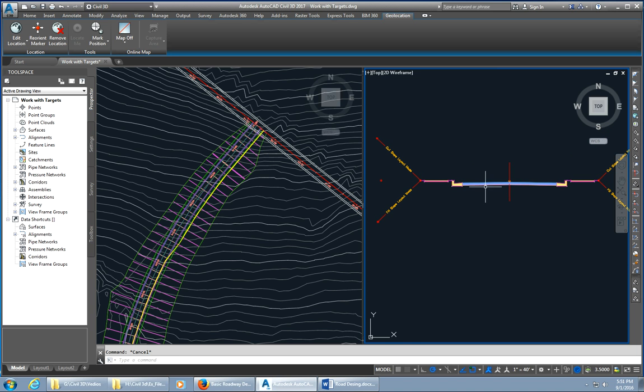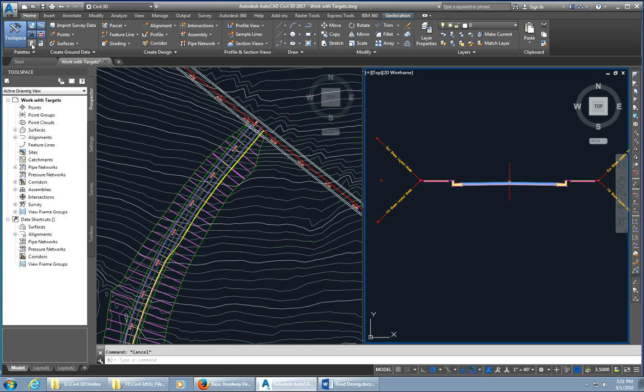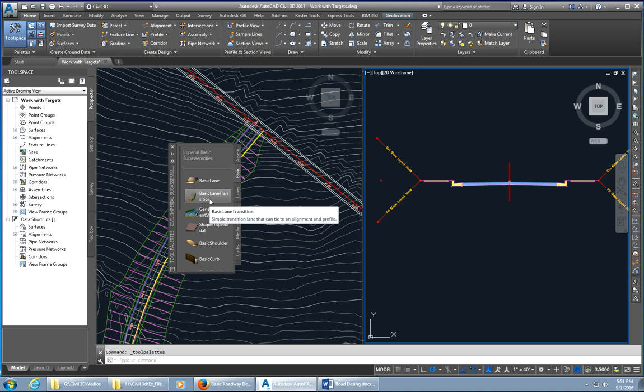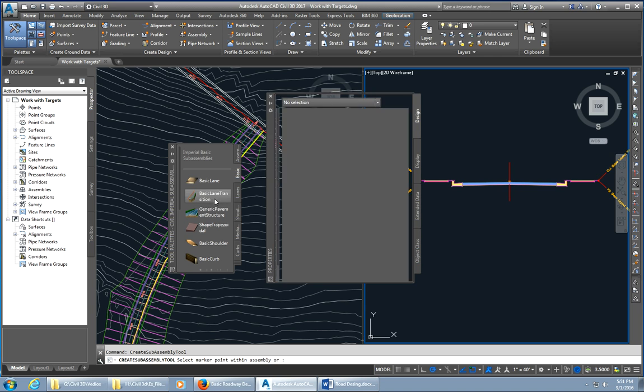First of all, these lanes don't accept the target, so I have to change them to one that accepts target. I'm going to go to home and click on my tool palettes, click on basic lane transition,